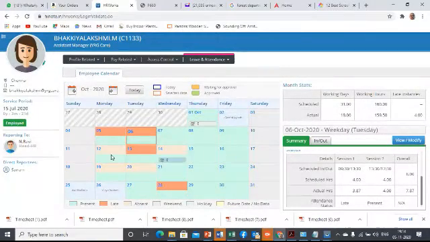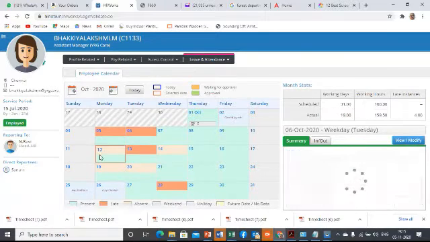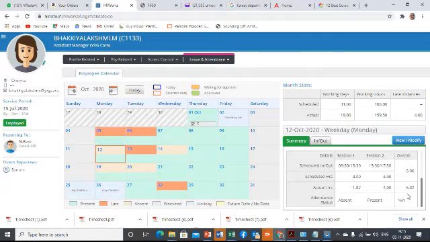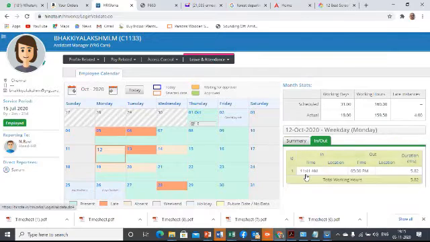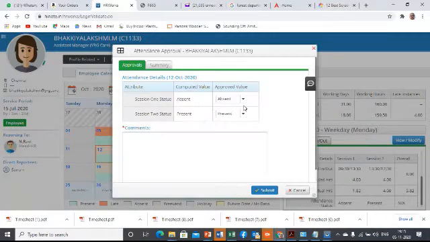Let me take a case where there is a sand color which represents more than or less than 7.5 hours of time that is logged. If I click on this, you will be able to see that your subordinate has entered only 5.82 hours, and this is perceived as such by the system. Person has logged in at 11:41 a.m. and logged out at 5:30 p.m. and the system has perceived this as half a day leave. Morning session it is perceived as leave and afternoon session it is perceived as present.